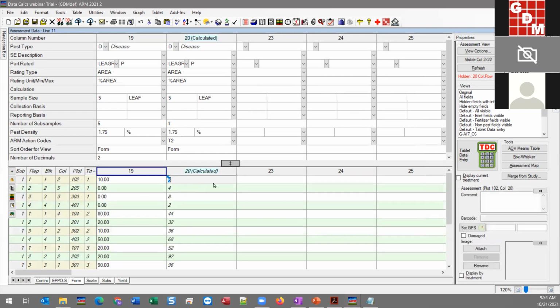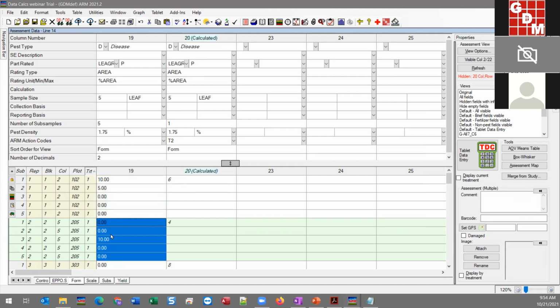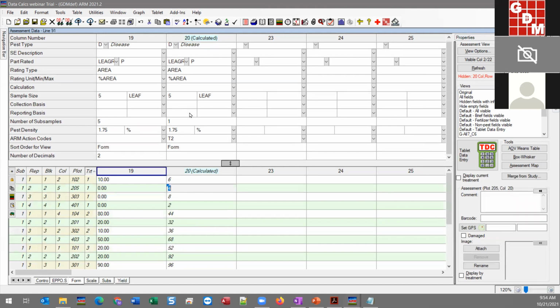I have one subsample now, and you can see that we have just one value for the 5 subsamples that we had. And so it took the plot average and then multiplied it by 2, or whatever other calculation that we may have done. In this case, it just simply took the plot average. So this one is very easy. It's a 2. And so we multiplied it by 2 to give us our calculation of 4. So a lot of utility in